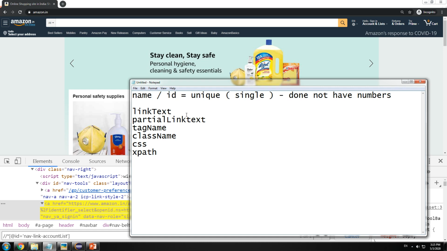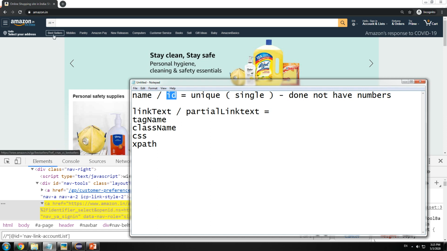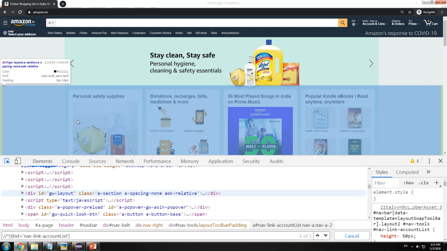Now link text and partial link text. Many times developers have links, and these links do not have any name or any ID, but what links have is, you know, the visible name, right? So this visible name usually comprises the text.